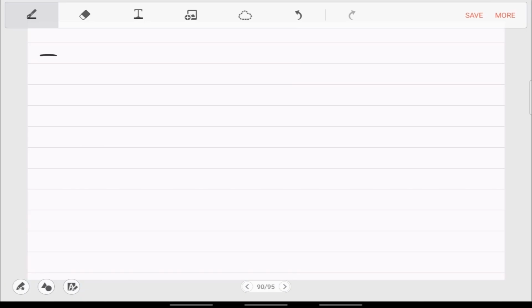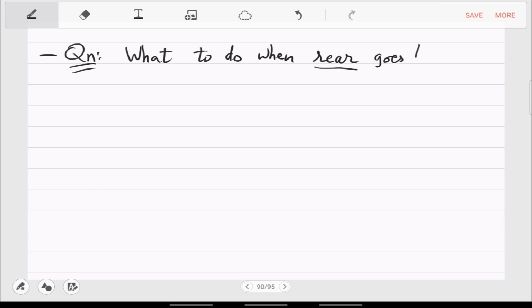So that is the question. What to do when, let's say, this rear pointer goes to n from n minus 1?